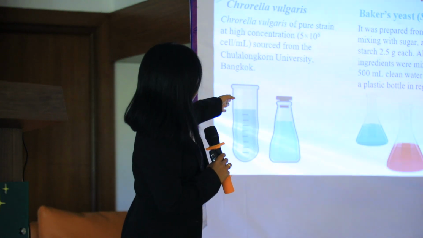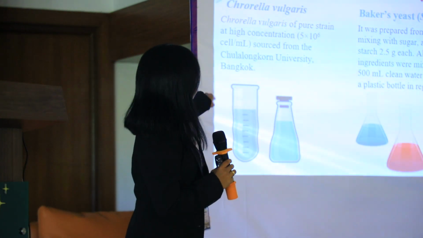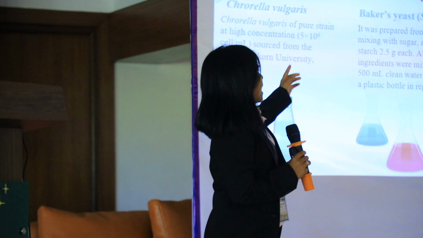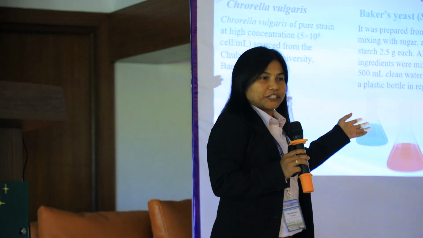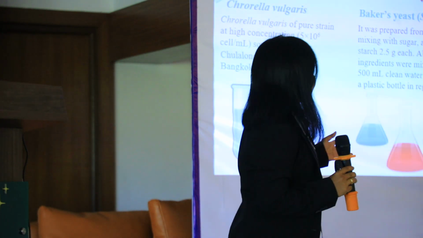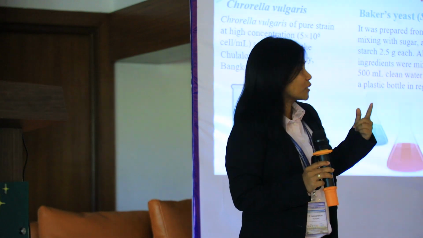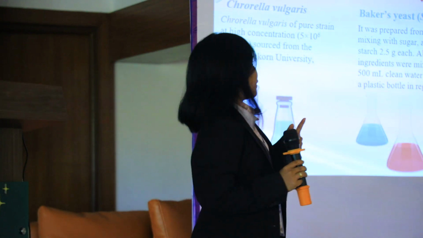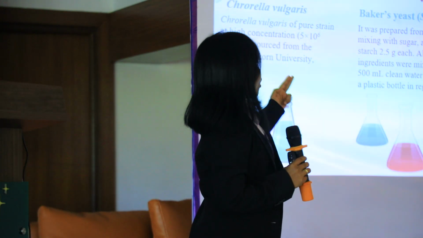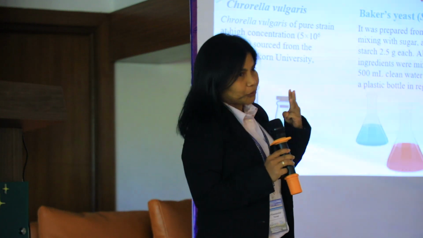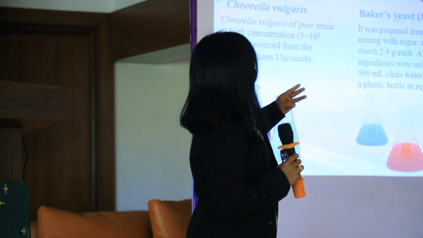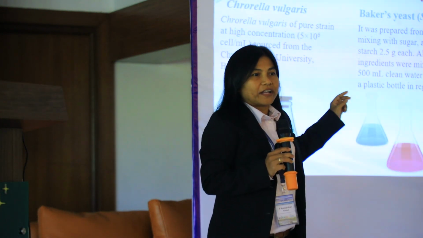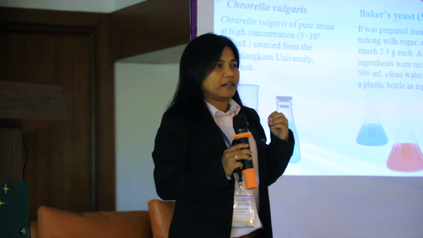And then I culture the chlorella to feed the moina. Another diet is the yeast, like baker's yeast. And I mix it with sugar, the source of carbon, and cornstarch. These are the 3 ingredients. I use 2.5 grams each and mix with the